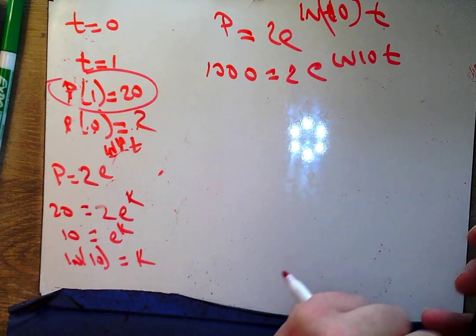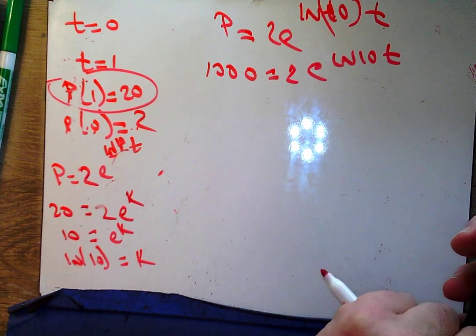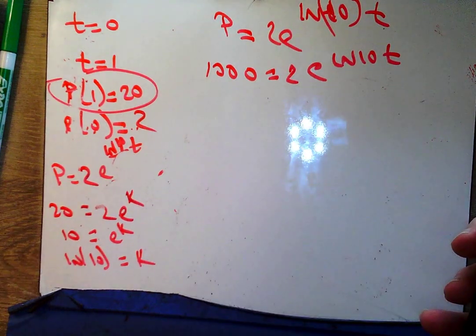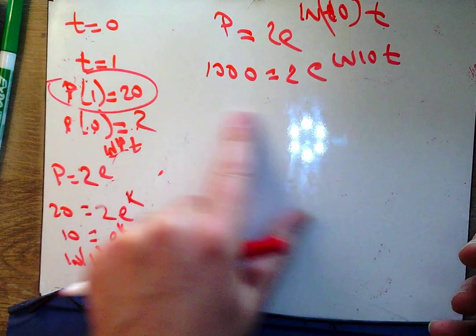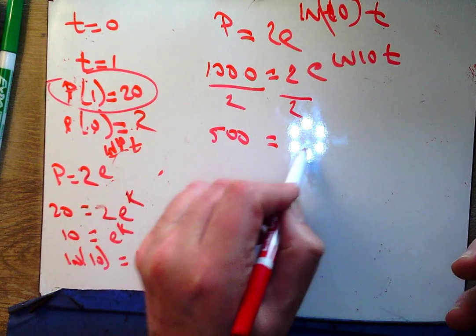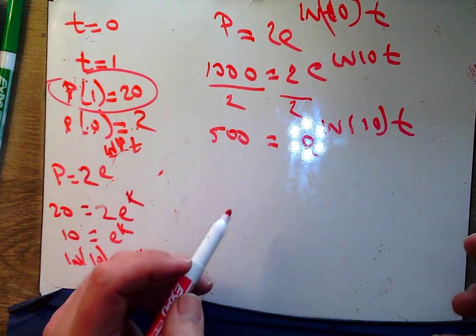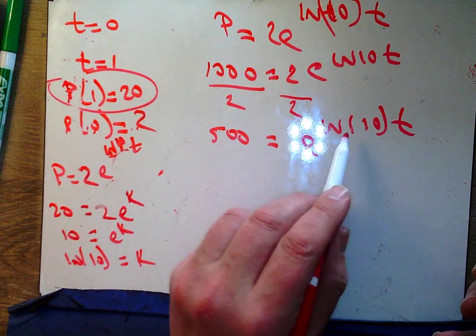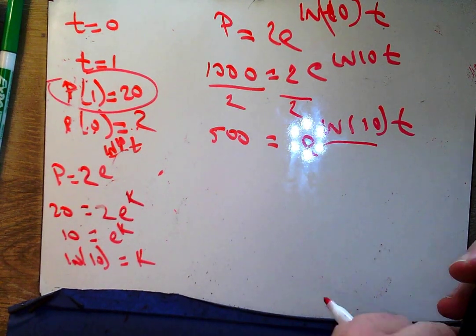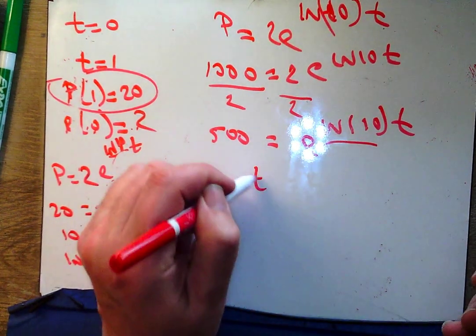So, ln of 10. I guess I'm solving for that. So really I want to start by dividing by 2. 500 equals e to the ln 10 t. So now I take the ln of both sides and divide by ln of 10. ln of 500 divided by ln 10, we get t equals